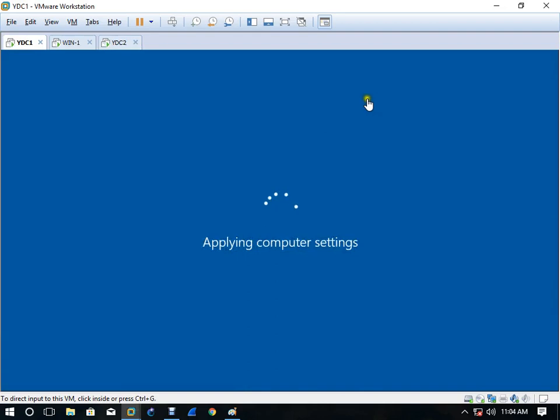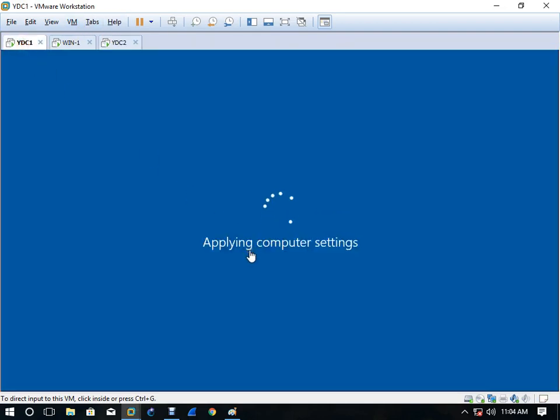Okay, so both machines are restarted now. Now you can see, no problem. See, you have to follow this, you have to watch what is happening and how, where I am clicking, how I am moving.